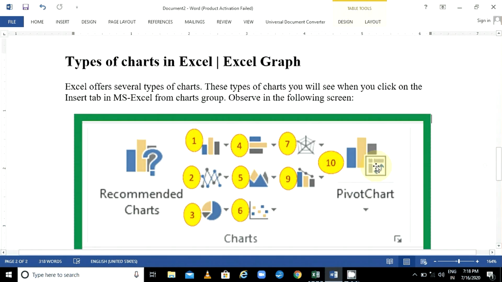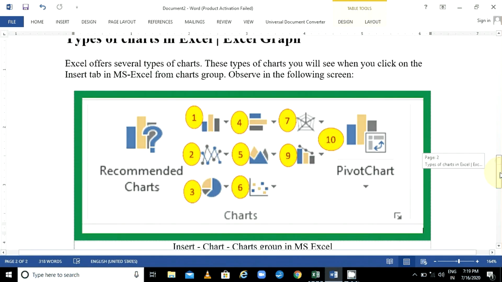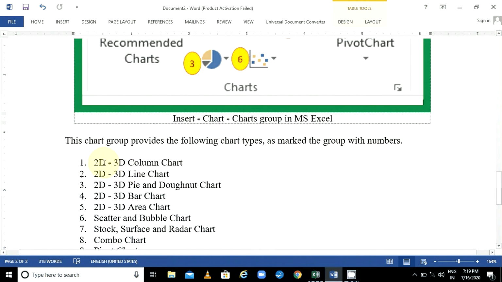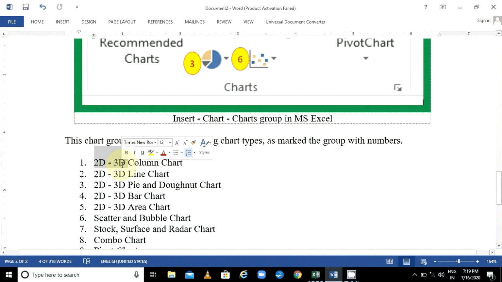The number one, this one, is known as column chart. So there are some variations in these charts, 2D, 3D like that. What is the difference between 2D and 3D? 2D means it consists of only X and Y axis. And in 3D, one more axis will be added, that is Z. D means dimension here. So it will display the dimension. So in 3D, you can move the chart or you can look at it from any angle. It will add one more angle. So that data will be more clear to you.